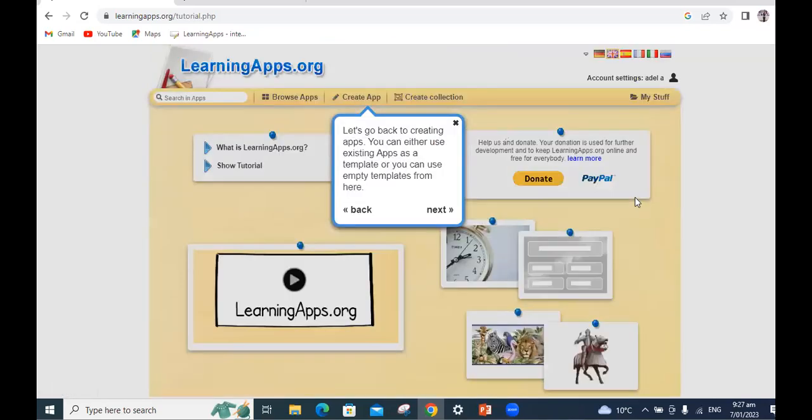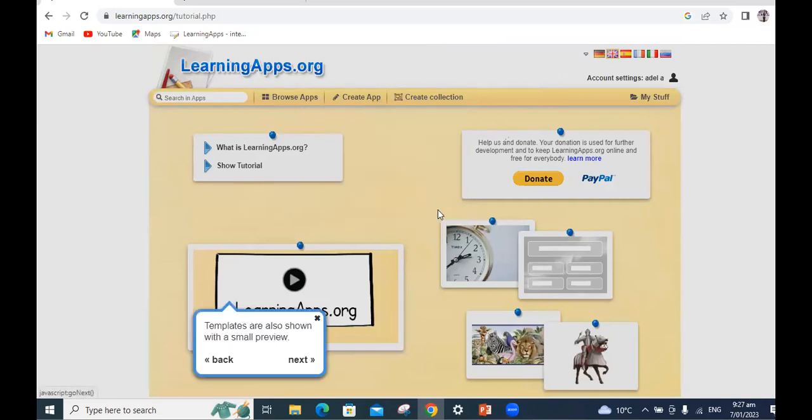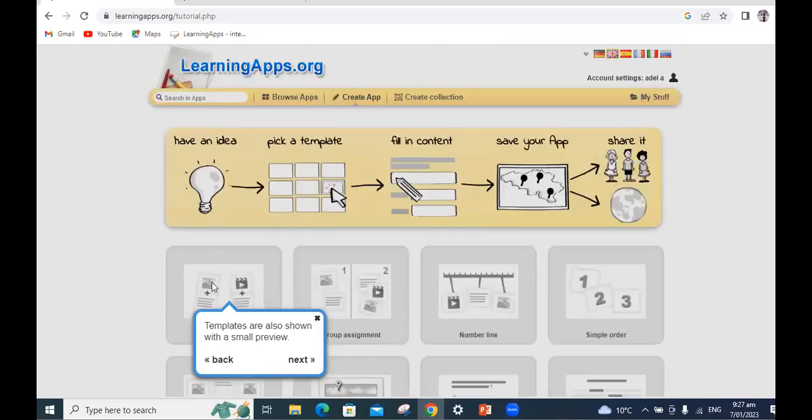Here you have to create apps. Let's go back to creating apps. You can either use an existing app. As I told you before, here are the different templates, about 20 different apps.